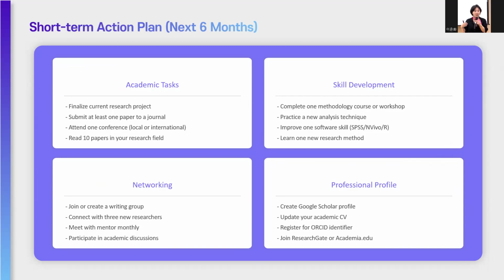Networking, because research is social. Join or create a writing group. Accountability helps. Connect with 3 new researchers at conferences, online, or through your advisor. Meet with your mentor monthly. Regular meetings, even if brief. Participate in academic discussions at seminars, online forums,